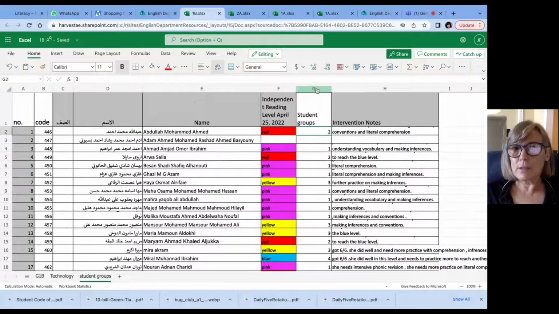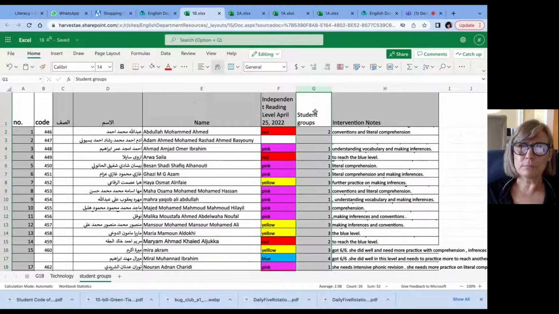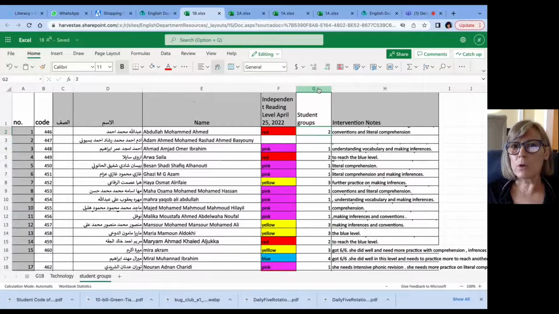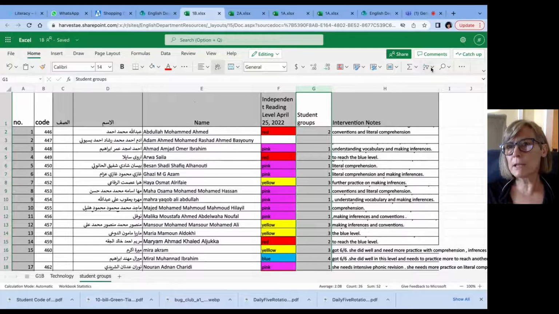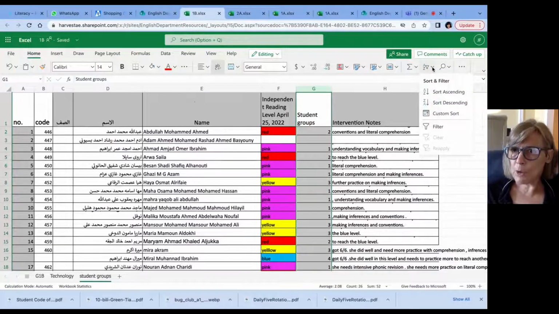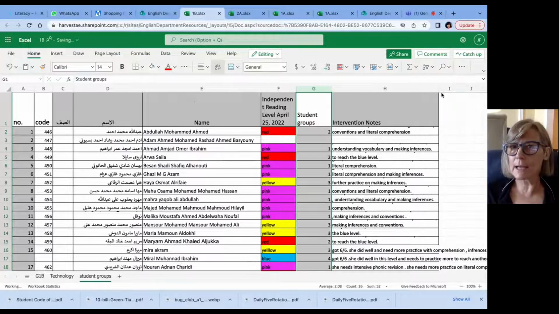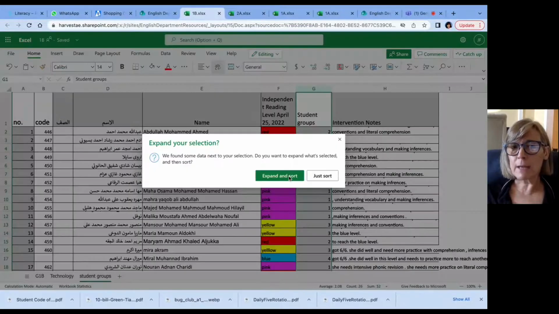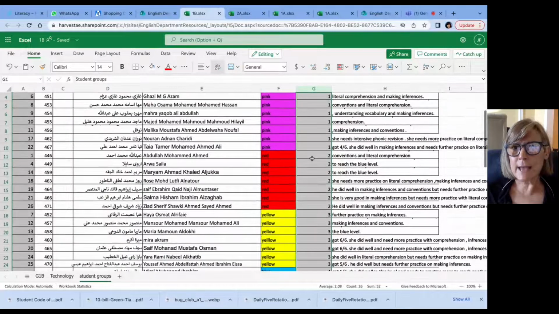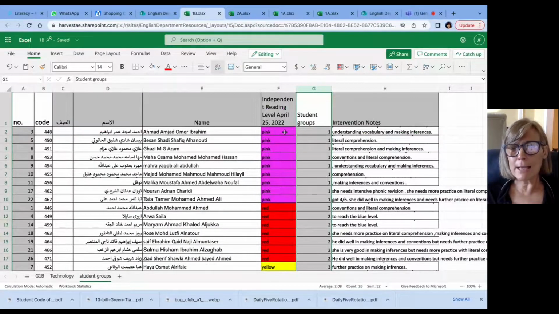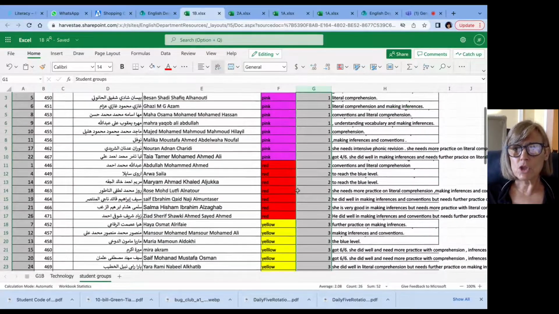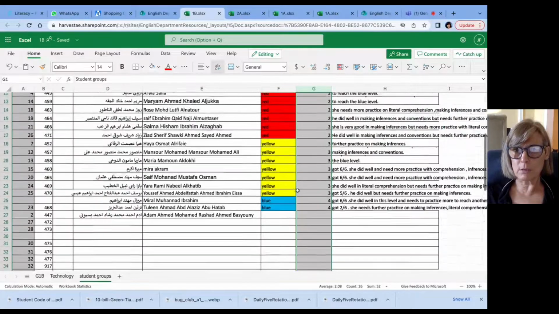And to sort these, we are going to just highlight this. And if you look up here, it just allows me to sort them. And I'm going to put them in ascending order. One problem, and maybe some of you are better at this, is that you definitely want to hit expand and sort. And we see now that it is my easiest reader to my hardest reader,